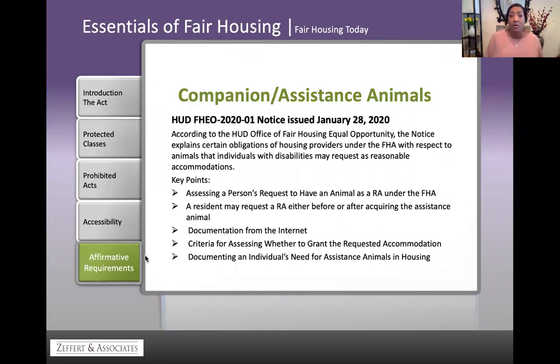Okay. So I encourage you to go write down this notice information, Google it, print it up, read it. It's a pretty easy read. Some of the regulations are blah, blah, blah, but this one's not. And it's got a great question and answer section for you as well. Okay.